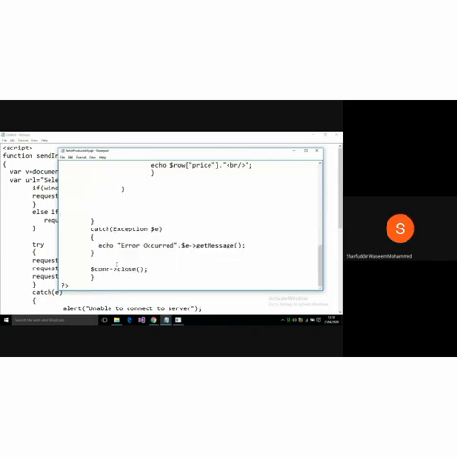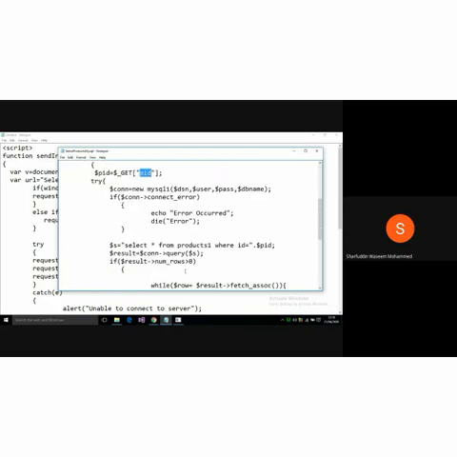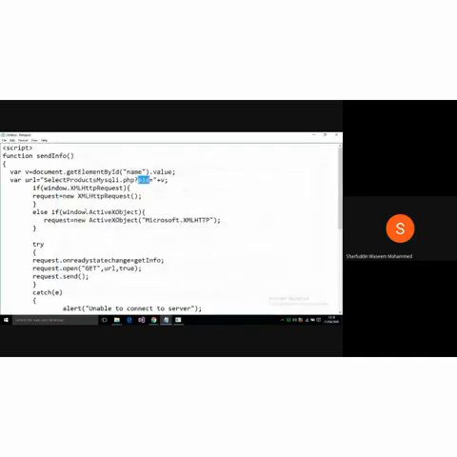I will pass you with this program, don't worry. Why? Because I'm calling this with the help of Ajax now. So it has only PID, and that PID will get to this, and it will return a result. So how to send a request to a page with the help of Ajax, now we are demonstrating. This is the URL, which page you want to call, and what ID you want to pass to that. This document.getElementByName should be one element on your page.